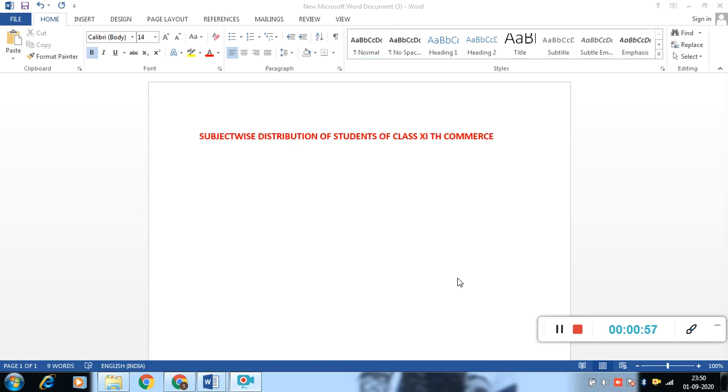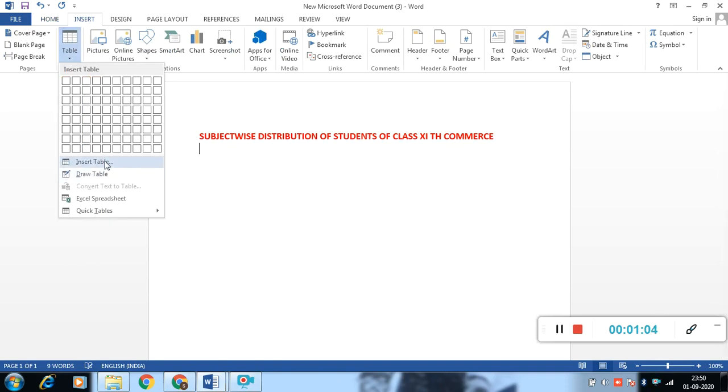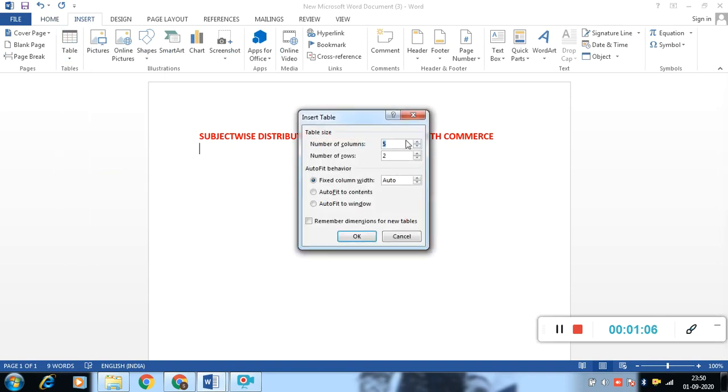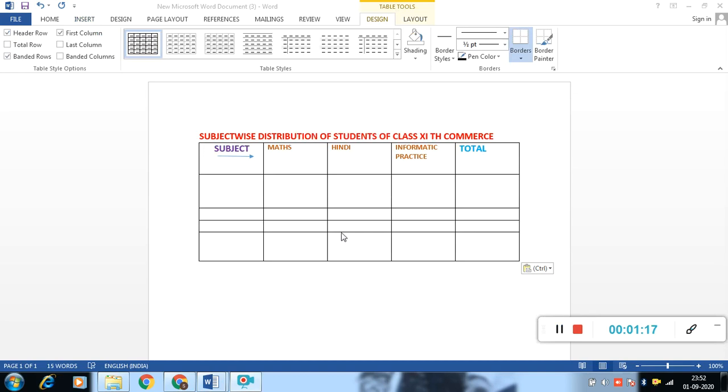A table has rows and columns, so I will insert a table here in this Microsoft Word document, and I will insert rows and columns. I need 5 columns and 5 rows in my table. I have mentioned 3 different subjects here. Students can opt for either maths or Hindi or informatic practice in 11th Commerce, and